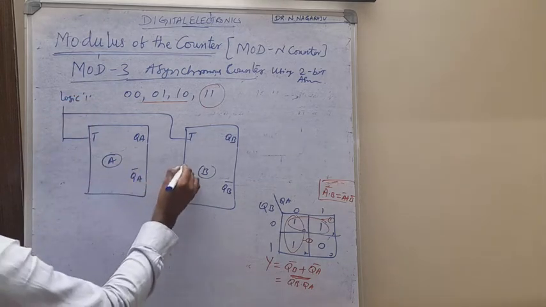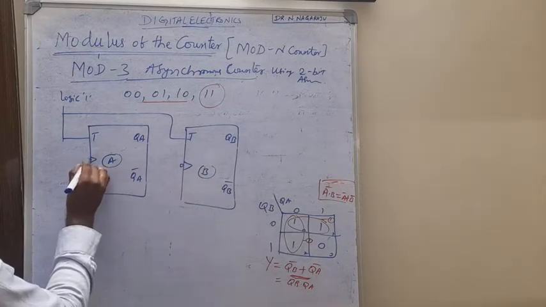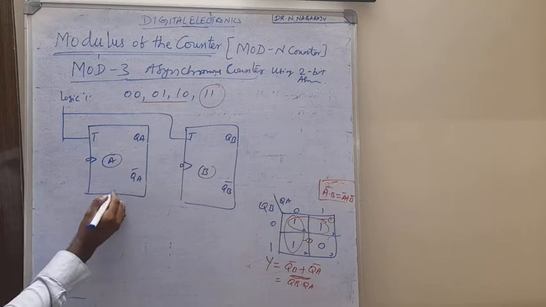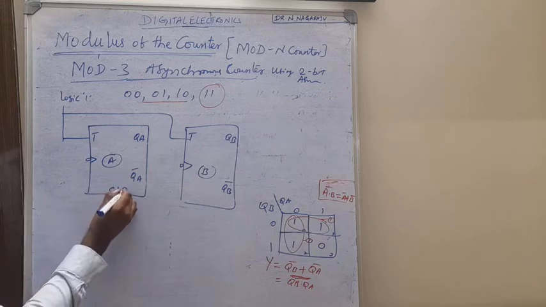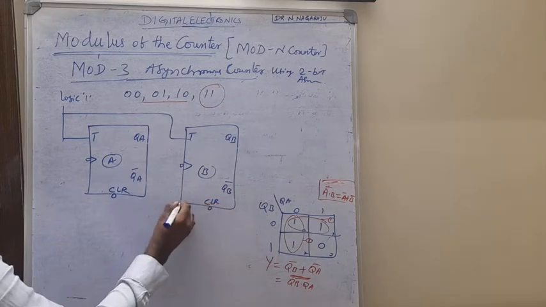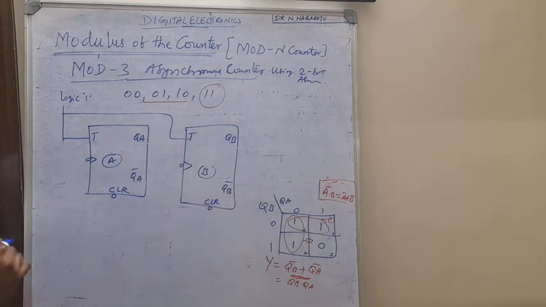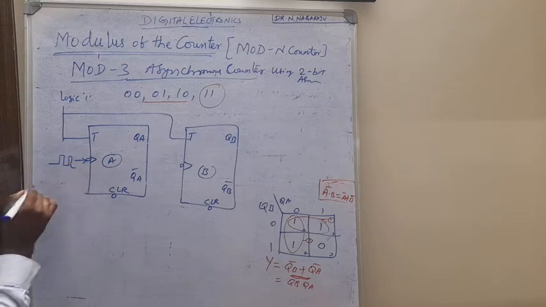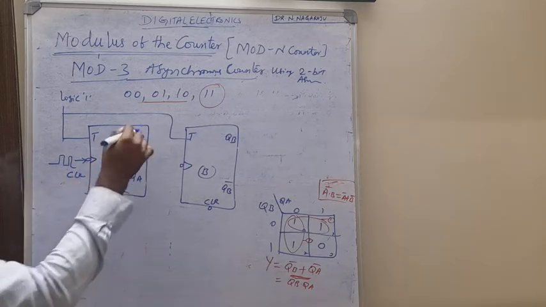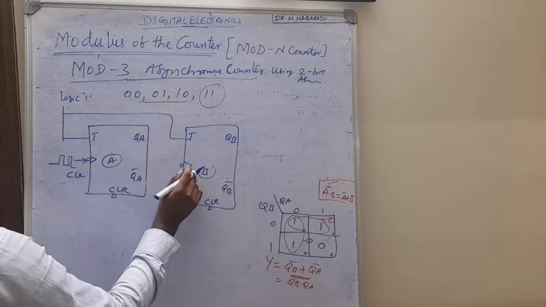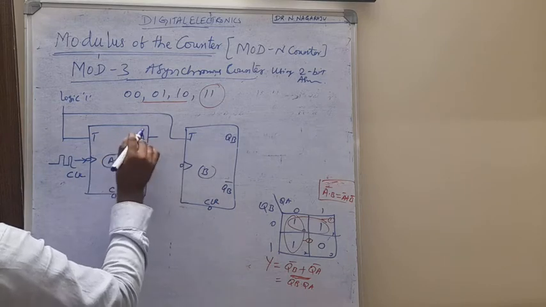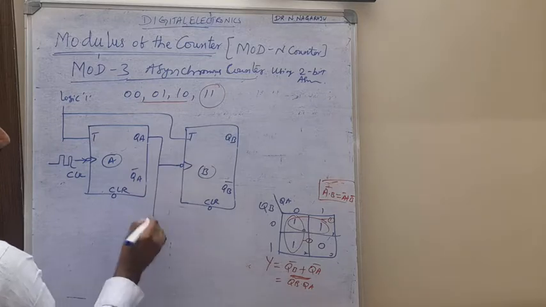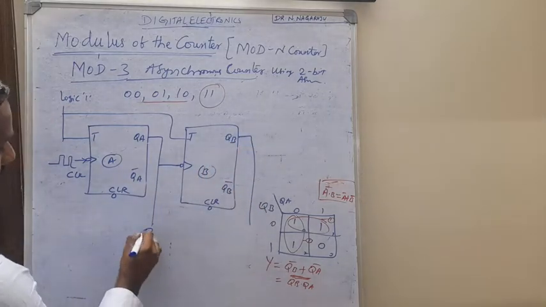Okay, so here one clock signal is there, but every flip-flop has what? Clock signal and reset actually. The reset signal is the clear signal, CLR. So here also CLR. I just put it like this, right? And after that, what is the next step? You have to give the first clock pulse to the first flip-flop. This is the clock signal. And the clock of the second flip-flop is what? The output of the first flip-flop is given as the clock input of the second flip-flop. So this is the basic diagram for the 2-bit